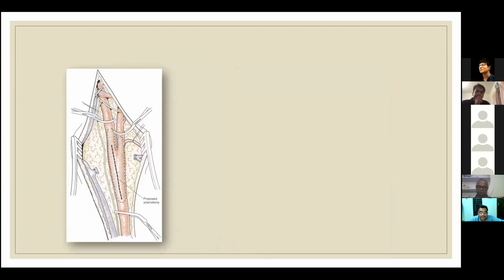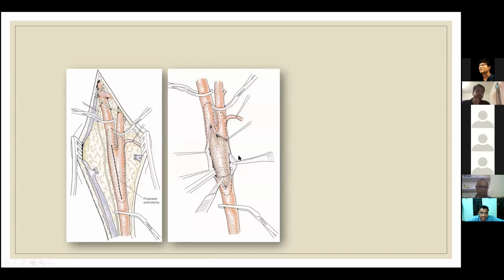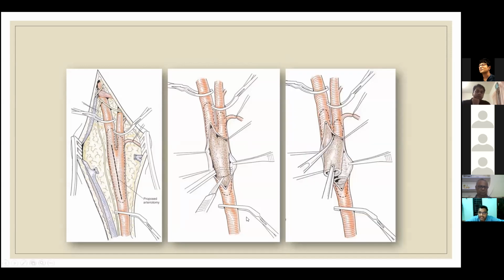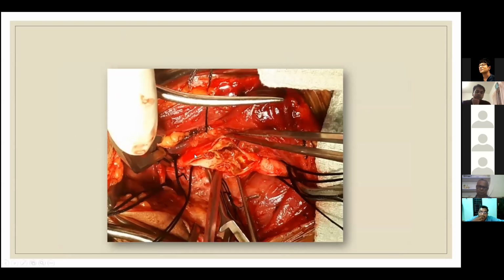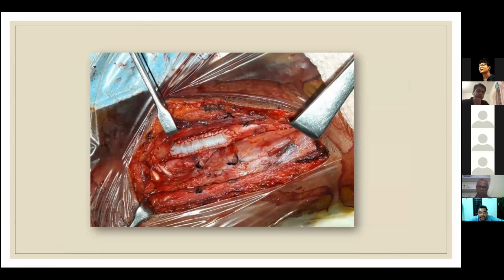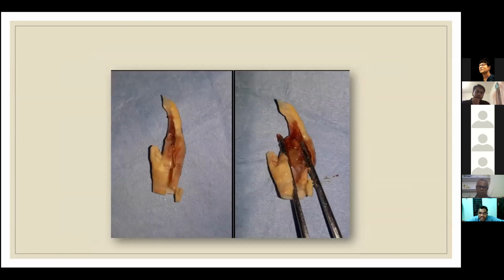Once systemic heparin is given, we clamp the vessels in the order of ICA followed by ECA and CCA. We do an arteriotomy followed by dissection of the plaque, and then we remove the plaque such that there is a definite endpoint created in the ICA. This is the kind of plaque we encounter during surgery. We can see the angry-looking ulcerated plaque, and also some thrombus sitting over the summit of the plaque. Once it is done, we usually close the arteriotomy with a patch, mostly a venous patch, sometimes a prosthetic patch like this.